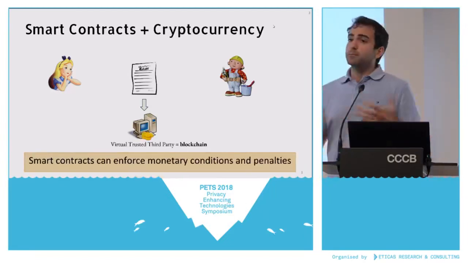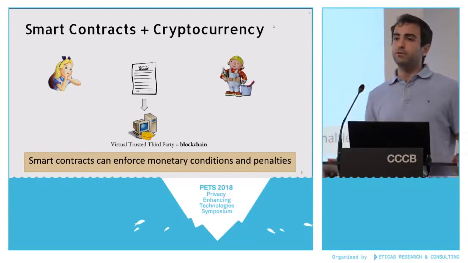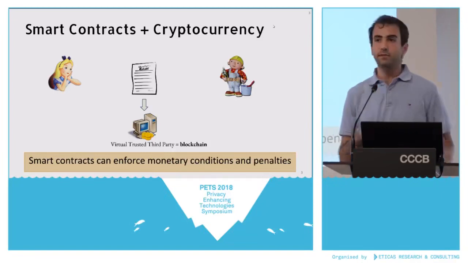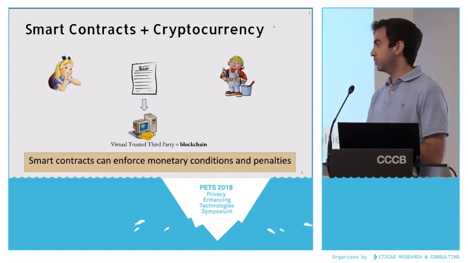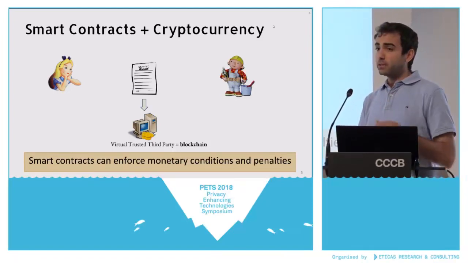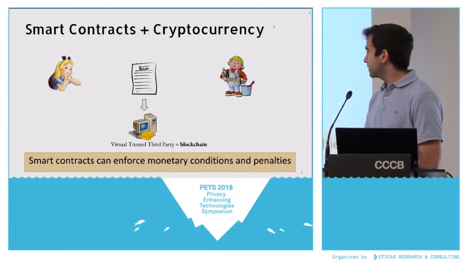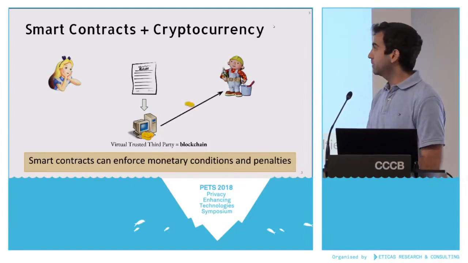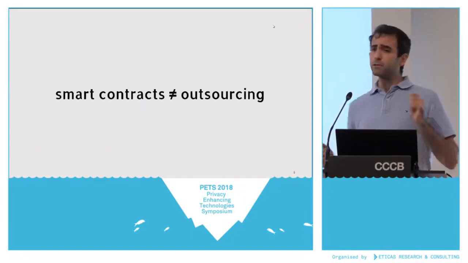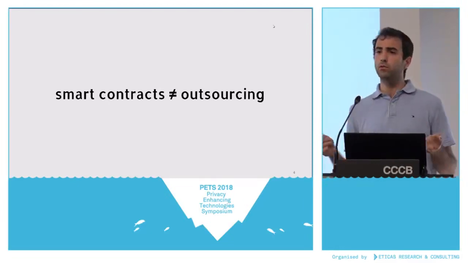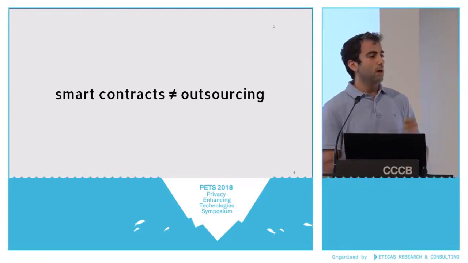Now, smart contracts by themselves, that's a nice idea. You can have a computer that you trust, but where it really gets its teeth is when you add that to a cryptocurrency system, because now the smart contract can manage money, and in particular, it can enforce penalties and incentives. Here Alice can pay into the smart contract, it can hold some money, it can decide to pay Bob eventually. And the first point I'd like to make is that the notion of smart contracts that I just gave, where it enforces rules of interaction between different parties,